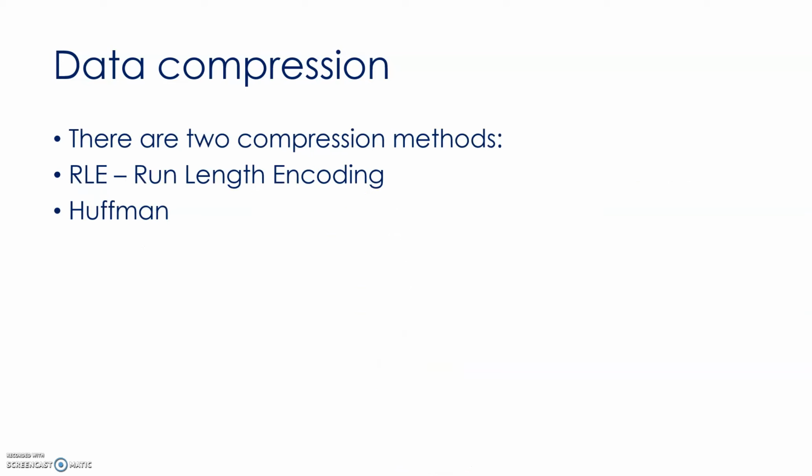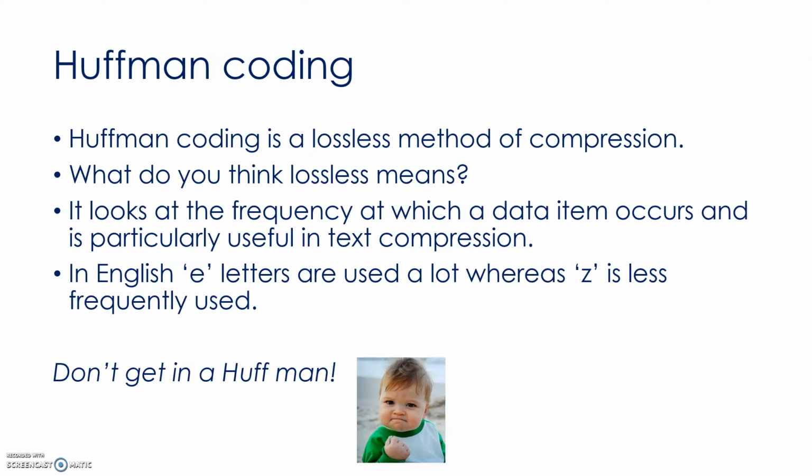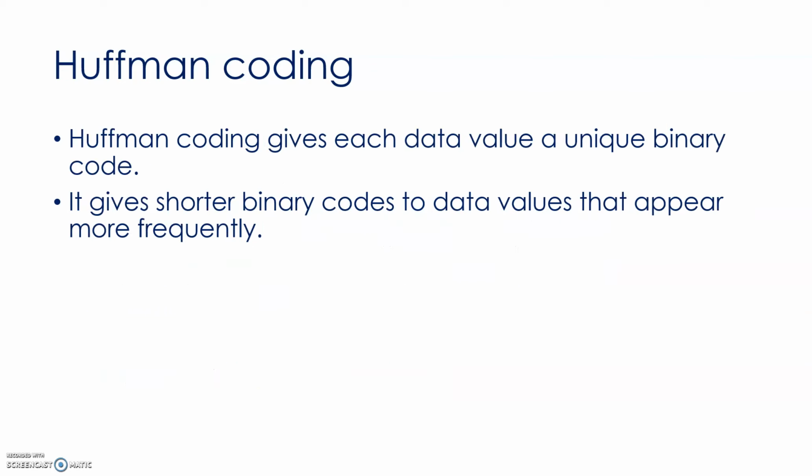The two methods of compression are run length encoding and Huffman. I've covered run length encoding in another video. Huffman coding is a lossless method of compression, which means that on compression it doesn't lose any detail. It looks at the frequency at which data items occur. For example, E occurs a lot in the English language, whereas Z is used less frequently. And based on that, it gives each data value a unique binary code, with shorter binary codes for data values that